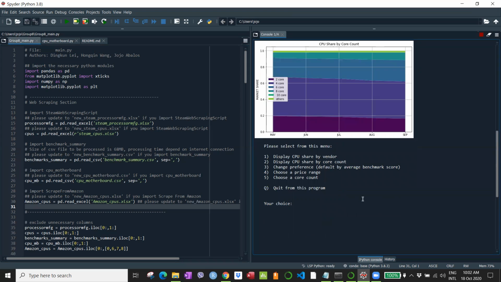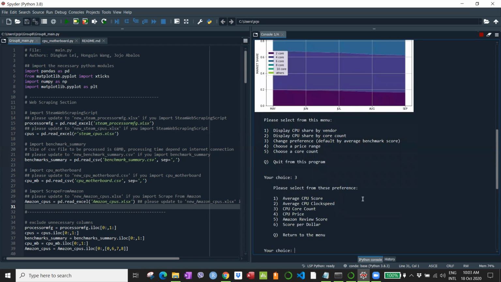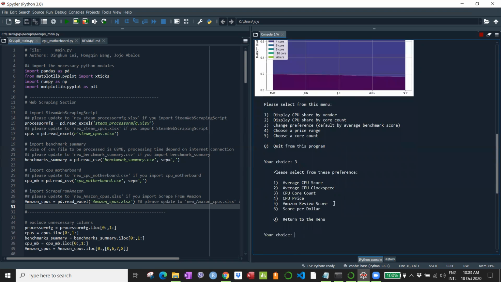Okay, now for the menu 3, this allows the user or the gamer to input their preferences in terms of how they wanted their CPUs to be recommended to them. So let's go to option 3. Okay, here we have 6 different sub options. Okay, so if you don't want to set anything here, the default is number 1 or option 1, which is